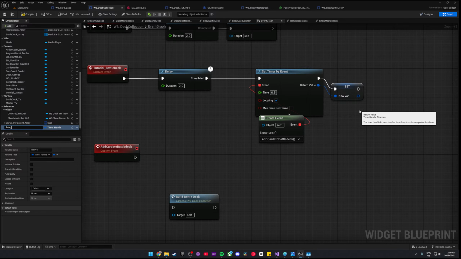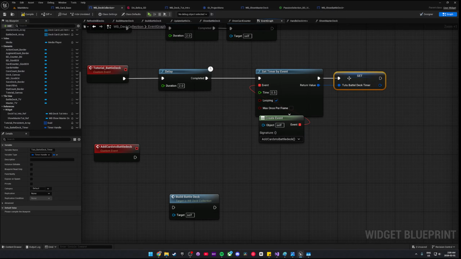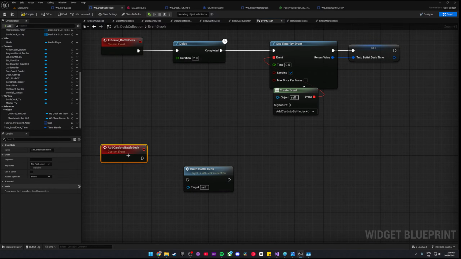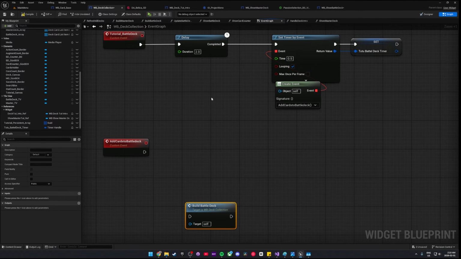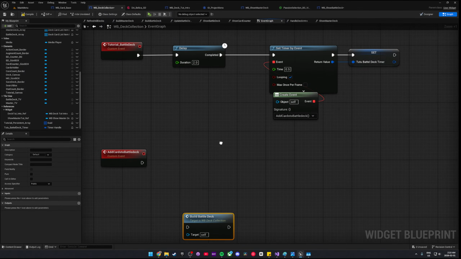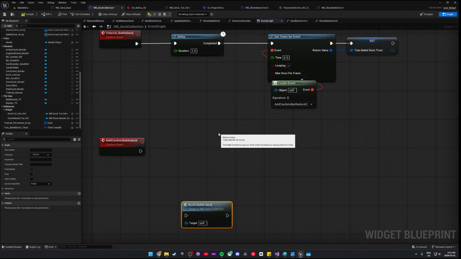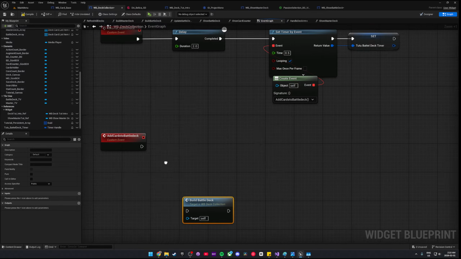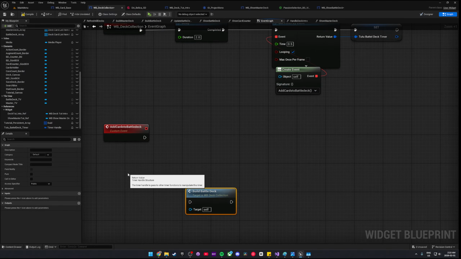Let's make it tutorial underscore battle deck underscore timer. So every second, what we want to do is grab one element from the master deck and add it. So how that would work is,